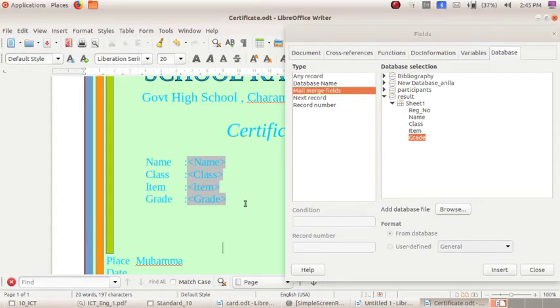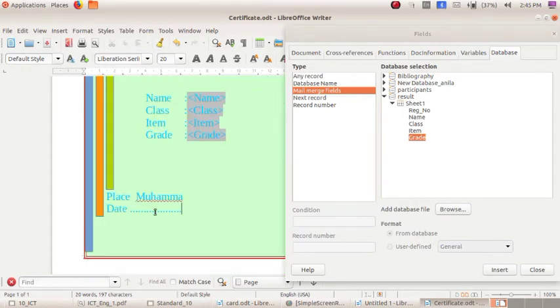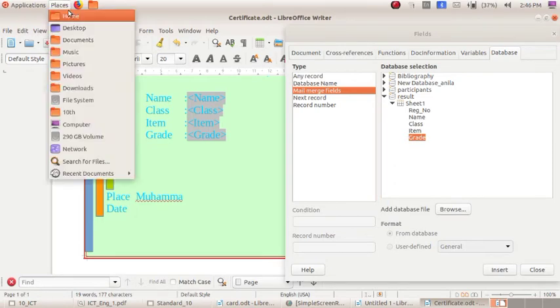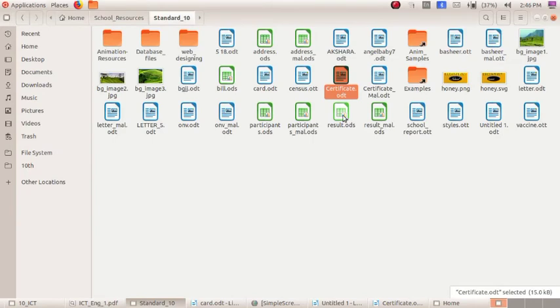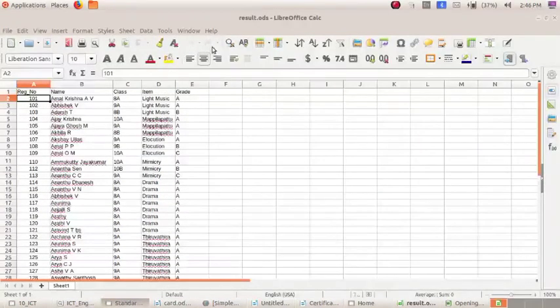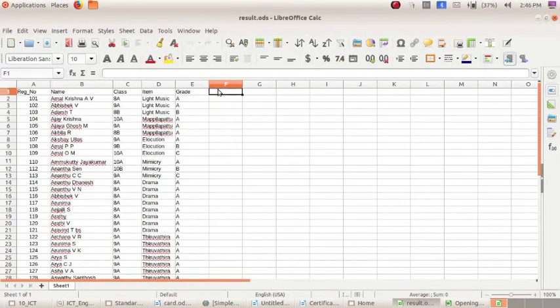See, you want to give the date also, so remove these dots and you can insert the date. Here you cannot see the date option, so you go for home, school resources, standard 10 result.ods file, and you can add a date field here.